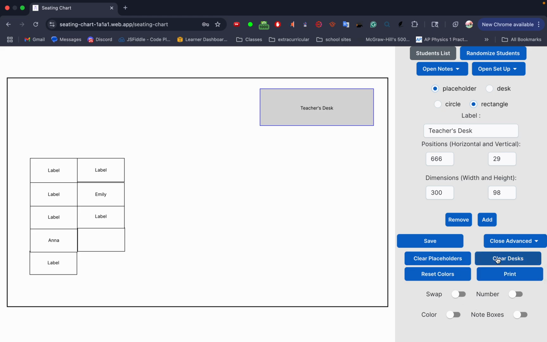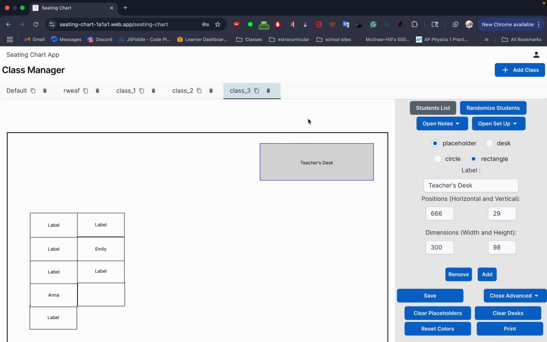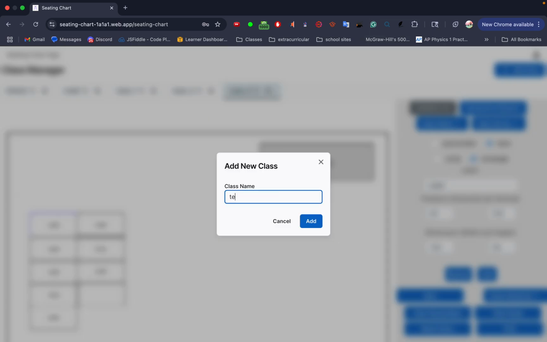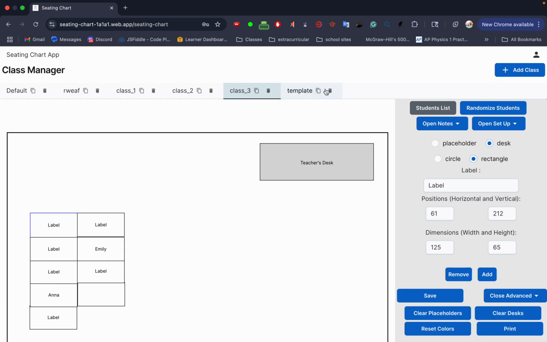If you want to clear all the desks or clear all the placeholders, you can do that, but you want to be really mindful with it. If you want to create a bunch of classes with the same template, what I would suggest is that you just create a clear template. You have no names, or maybe just some filler names, and then you just name it template. And then from there, whenever you want to create a new class, you just